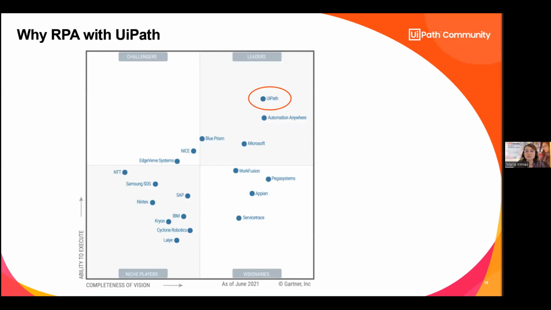In very simple words, why from all the tools in the world did I choose RPA with UiPath? It's very simple. As we can see from Gartner, UiPath is one of the leaders in RPA. It offers a platform which allows you to go beyond RPA. It's not just automation, but it goes into hyperautomation. And I will explain what hyperautomation means and how it is achieved by UiPath in the following slides. Just have a little bit of patience.